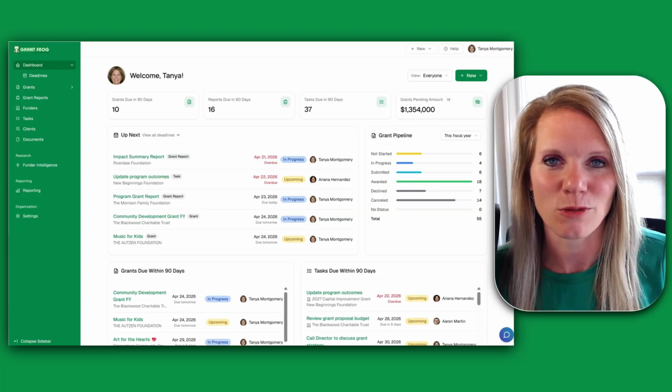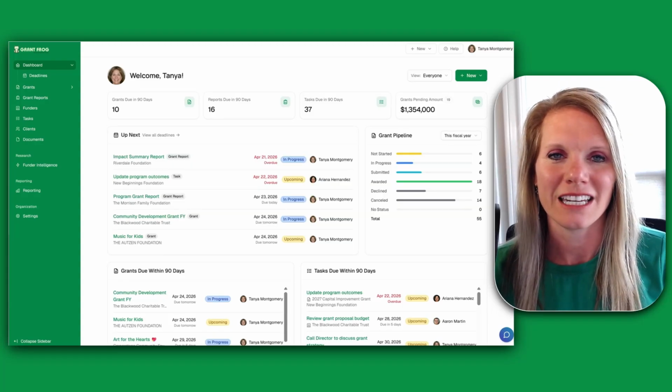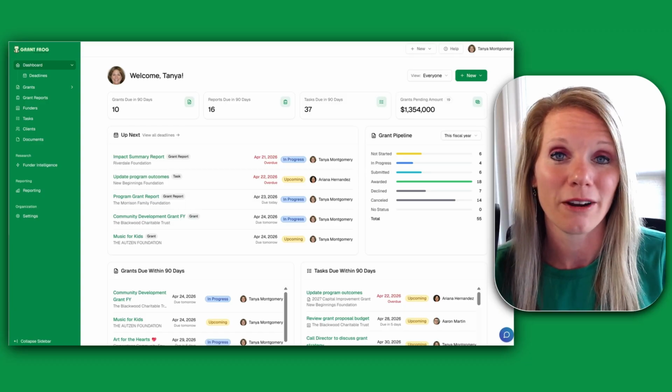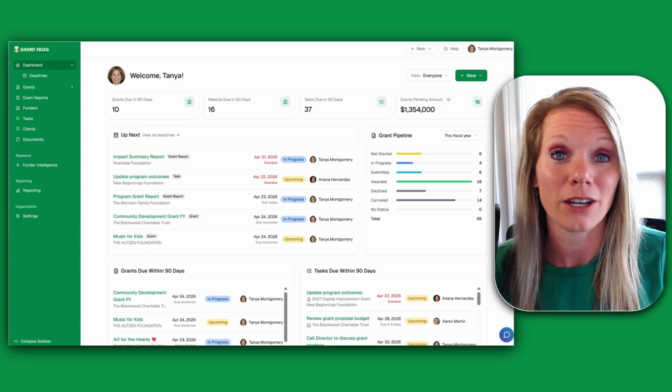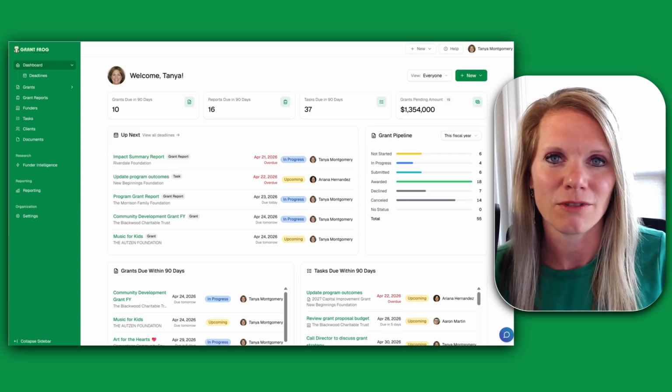This is the Grant Frog dashboard. On the dashboard, you have your most important information and deadlines in one place. You can see any deadline for your grants, your grant reports, and your tasks all on the dashboard. You also get your email notifications once you enter in these deadlines, so you're being reminded of this information in